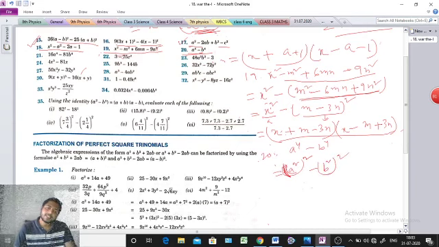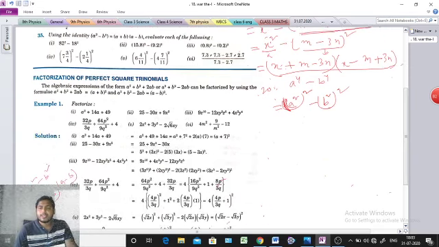Clear? Next what, sir? The a square minus b square formula is coming. In the bracket here a and in the bracket here b. So we will use that formula, a square minus b square equals a plus b into a minus b. So here a means a square, plus b means b square. Next a minus b, here a means a square, minus b means b square.